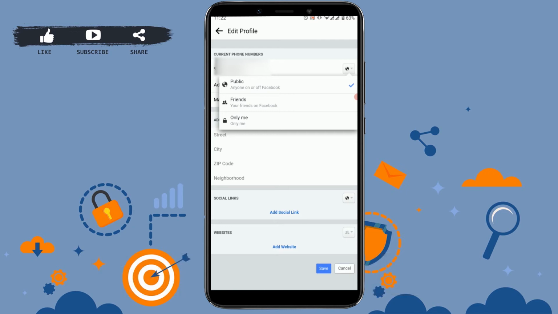Your Facebook phone number is currently public to everyone on Facebook. So if you want to hide it, you need to tap on only me option. Then only you will be able to hide phone numbers in your Facebook. If you tap on friends, only your friends on Facebook will be able to see the phone number on your profile. But if you want to completely hide it, you tap on only me option,